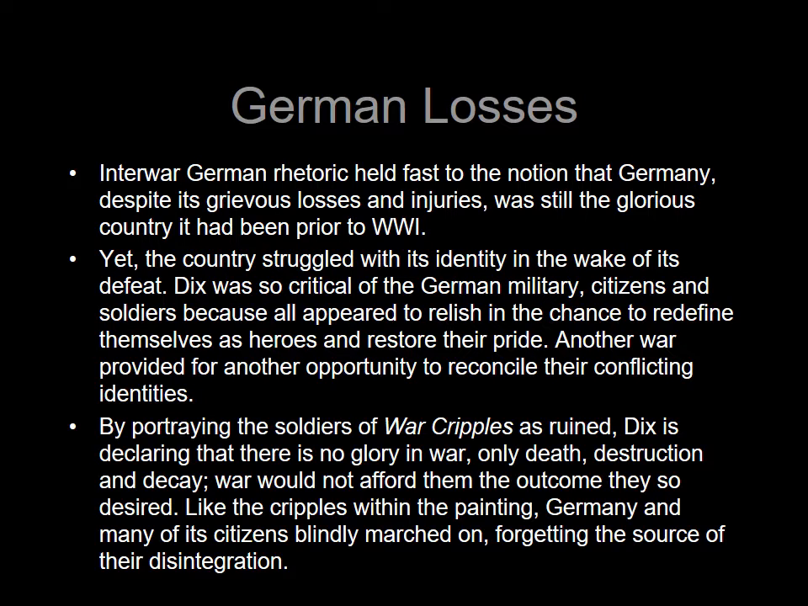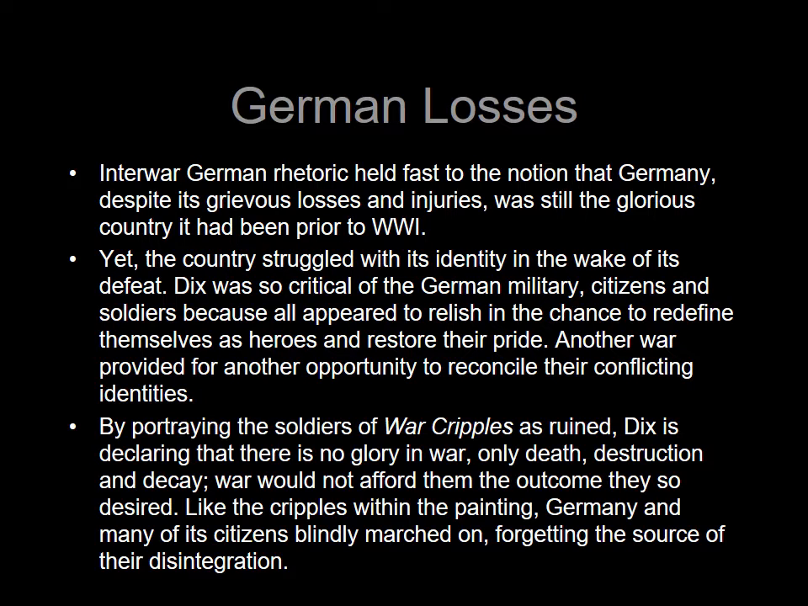Otto Dix, the artist of that first piece, was so critical of the German military, its citizens and soldiers, because they all appeared to relish the chance to redefine themselves as heroes and to restore their national pride. Another war provided another opportunity to reconcile their conflicting identities. So World War II actually is a way for Germany to take back some of this ownership